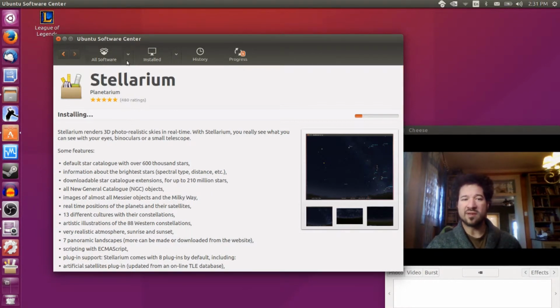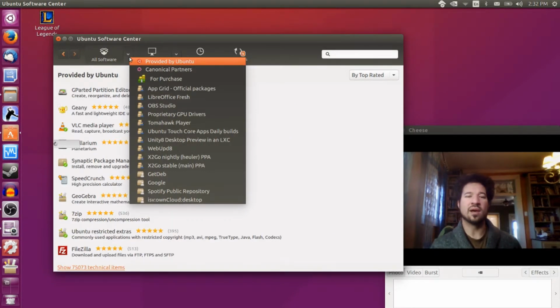On all software, beside it, you'll see this little down arrow. The little down arrow will give you a list of all the sources that these applications are coming from. Now, I show you this because it is a little bit different in Ubuntu than it is in most other operating systems, and actually quite a few other non-Ubuntu Linux distributions. Each of these that are on here, from AppGrid down to OwnCloud, are PPAs, which is a personal